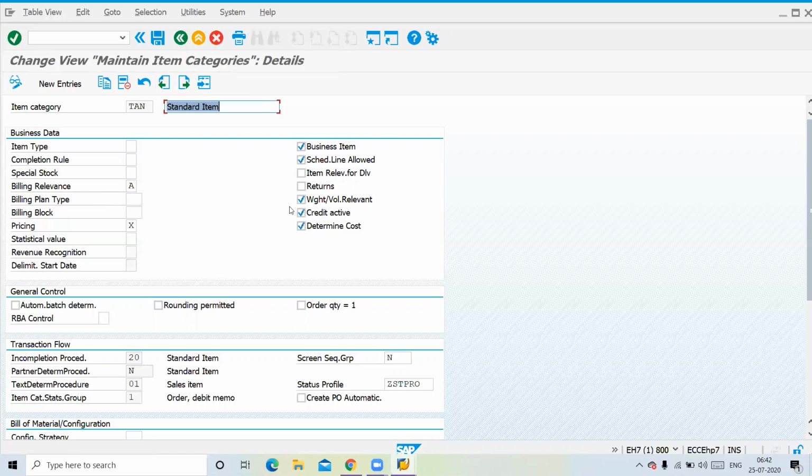I told you, right? Credit will be active, but when it comes here, credit is not active because I don't wait for another hour. Once the stock is delivered, I will punch the bill, I will take the cash immediately. That could be a reason you have a separate item category. If these two differences are not there, then it works similarly like your standard item category.